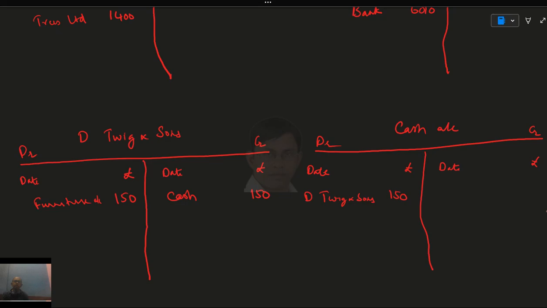So one asset is increasing and another asset is decreasing. The asset has changed hands. So the customer's account receivable has become a cash balance. So it has changed hands. So now